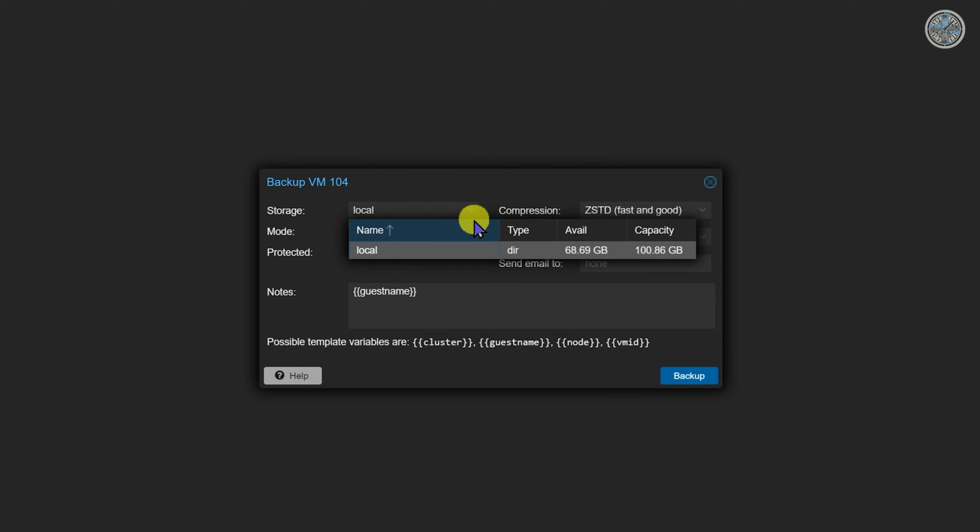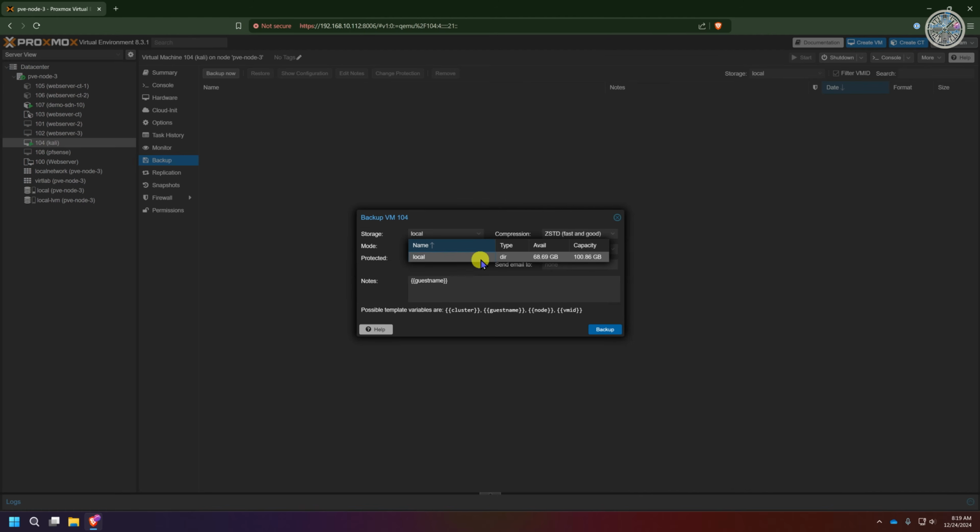Here you can choose where you want to store the backup at. Right now I only have local storage available, but if you had a network attached storage mapped to your Proxmox server, you could choose that here as well. And right now I'm just going to stick it on this local storage, which honestly doesn't have a whole lot